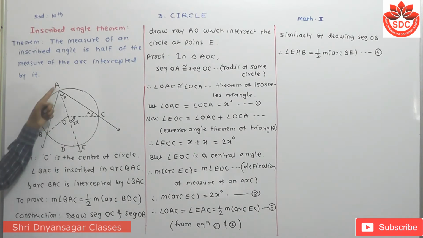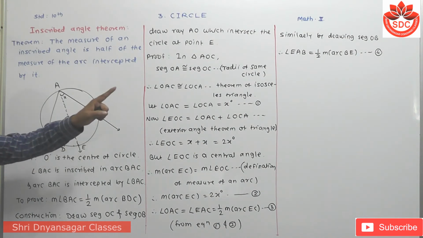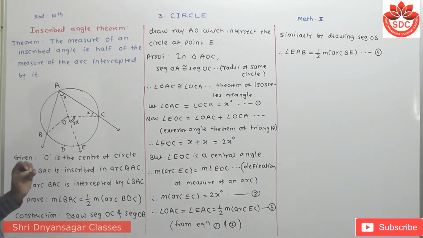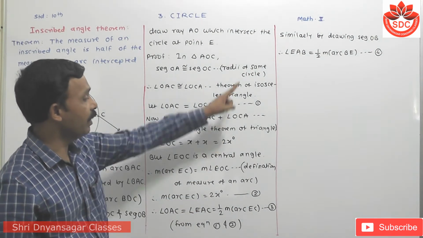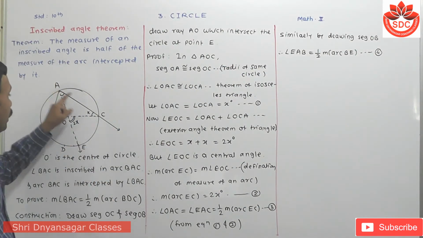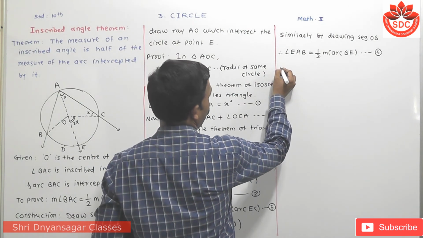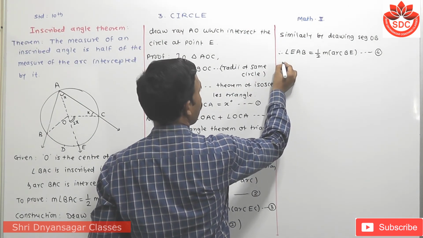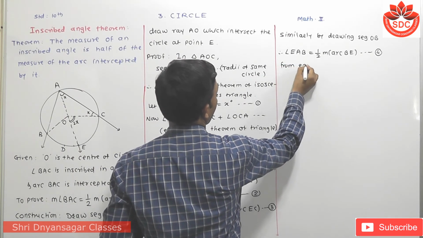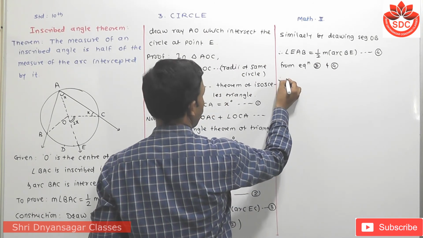So I will write angle EAB is half of measure of arc BE. This is equation number 4. Then I have to add these two, angle EAC and angle EAB. So adding these angles, from equations 3 and 4,